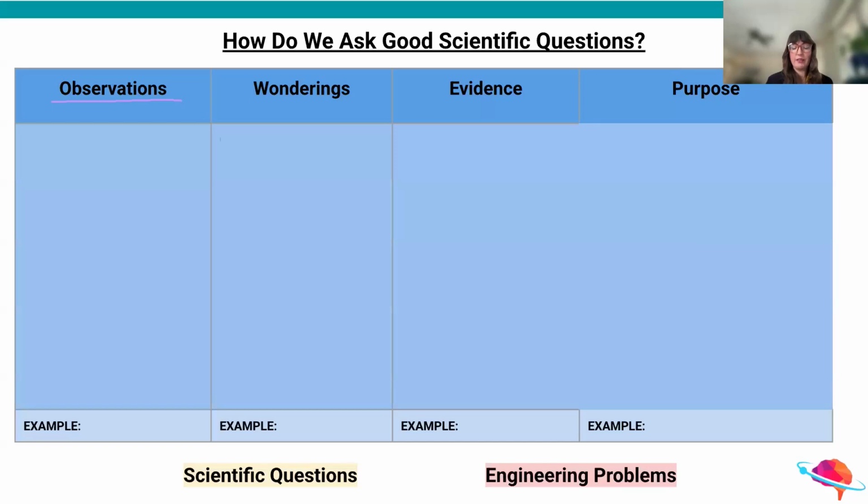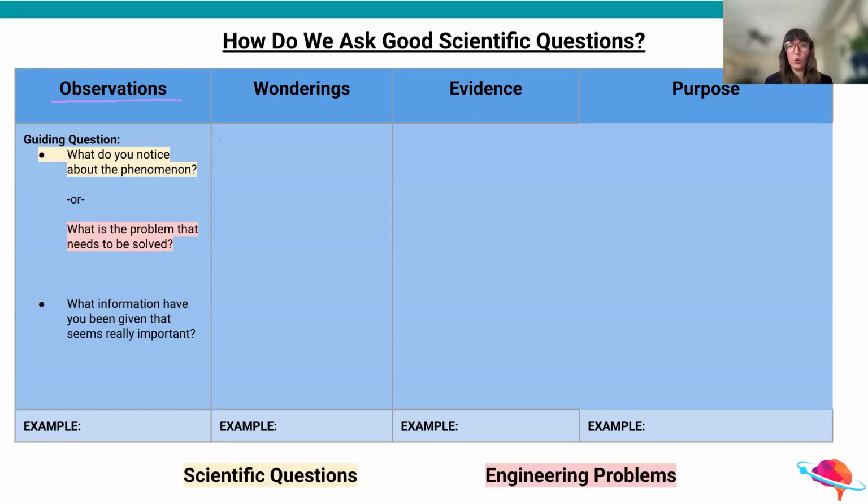The first step is that curiosity, and not just using it to ask a question, but using it to ask, what information is here? What do I observe? What do I notice? What am I told? These are just noticings, right? This is not a right or a wrong. These are just noticings. And we really want to ensure that students are given the opportunity to be asked the question, just like, what do you notice about this phenomena?